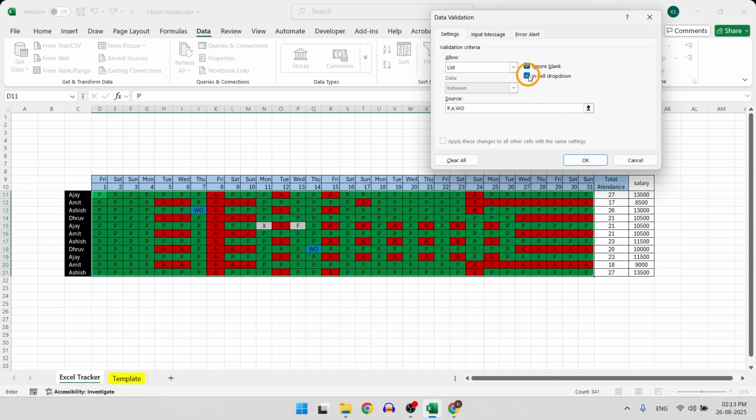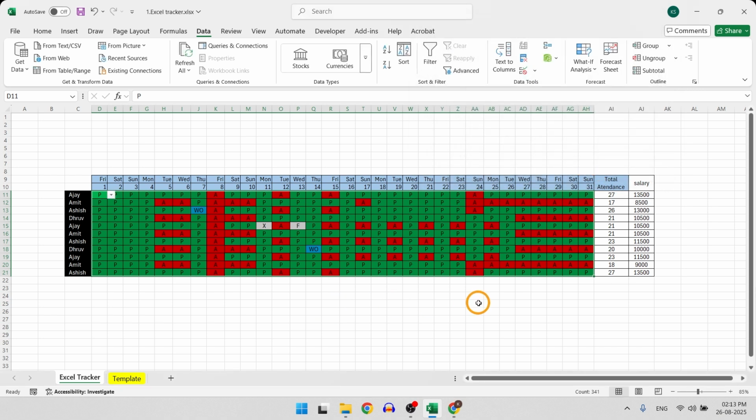And also don't forget to check the In-cell dropdown checkbox over here. That way it will convert the input option to a drop down menu. So click OK, and you see it has applied the data validation and you have got the option of the drop down list.